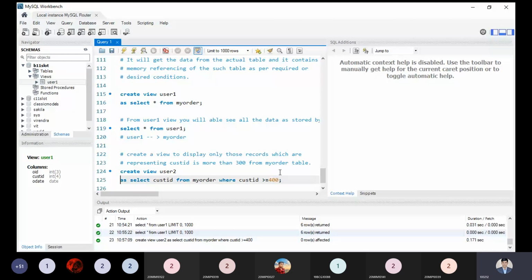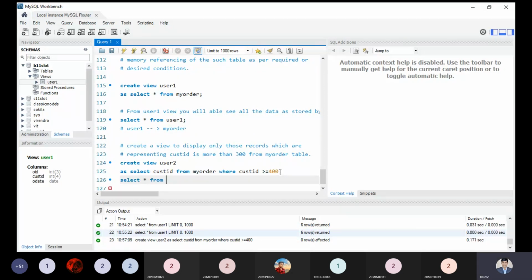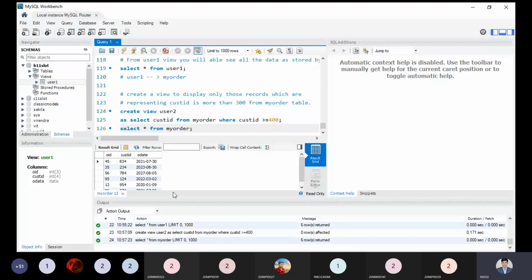So as per our system, we need to check first what the actual table, my order, contains. If I show this over here, the actual table contains the customer IDs which are greater than 400. Of course we have 1, 2, 3, 4.